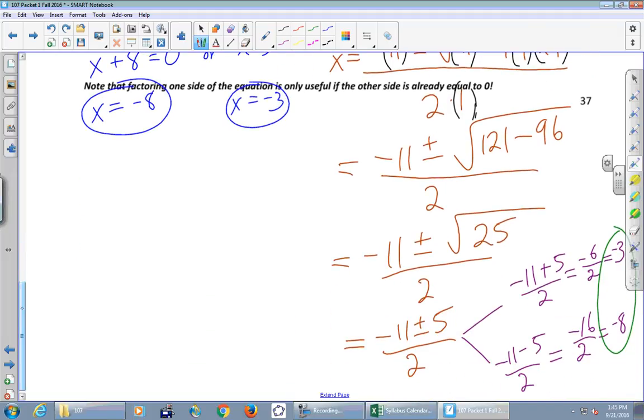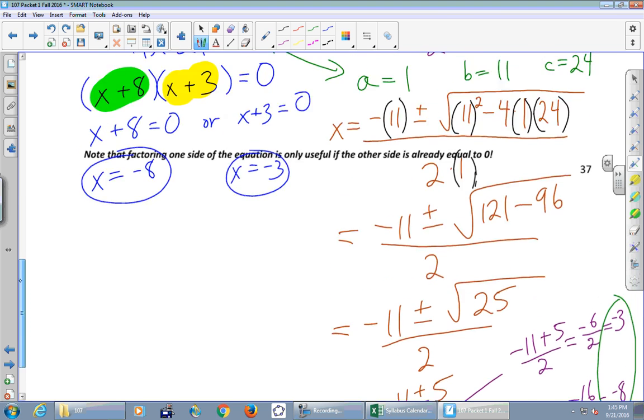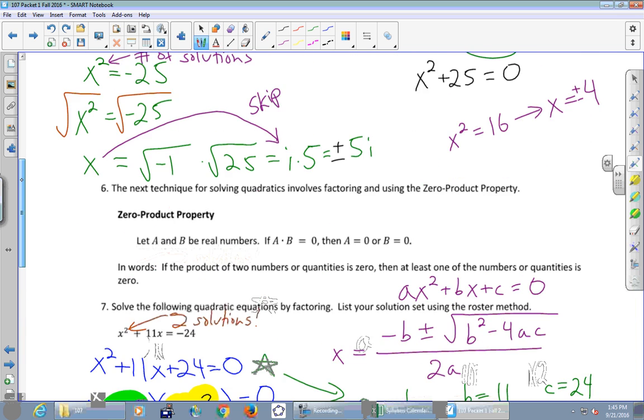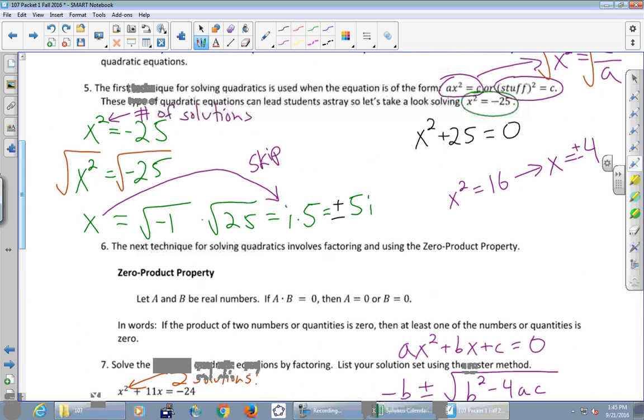Look at how many opportunities there are to make a mistake in that mess over there. So it is true you could use the quadratic formula on any quadratic equation, but if you have one that factors easily, you're kind of spending a lot more time and energy than you need to. And then finally, there was this other idea of take the square root of both sides. You can really only do that if it just looks like x squared equals a number. That is not very often, but if it is, this is a lot quicker than using the quadratic formula, which we didn't try on this guy.